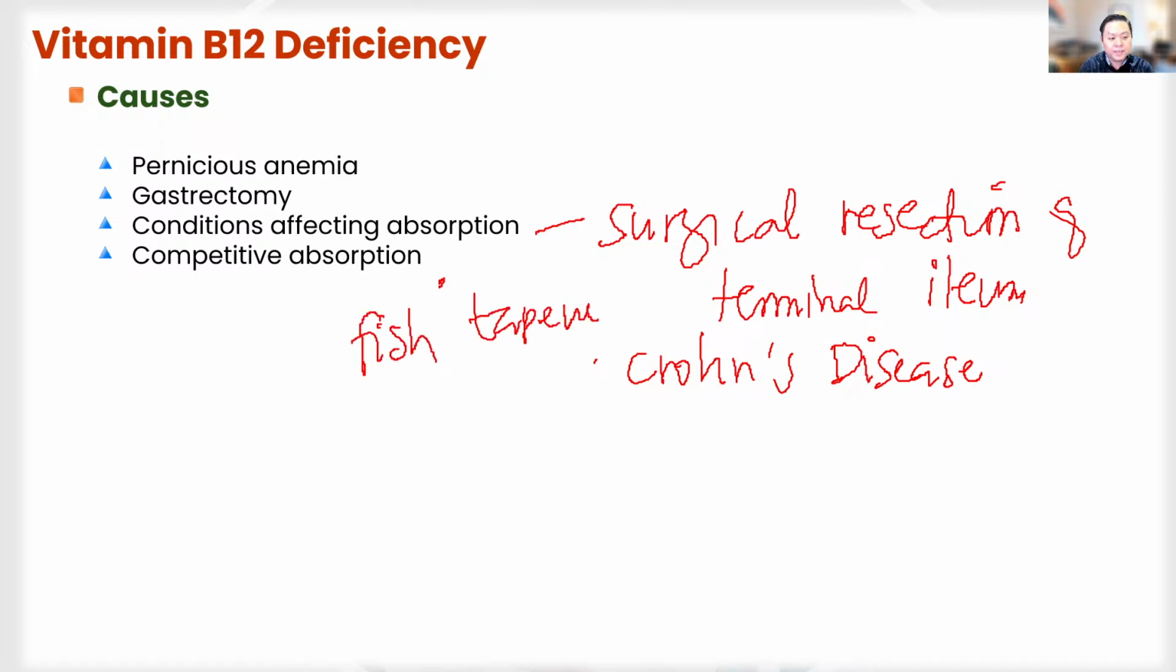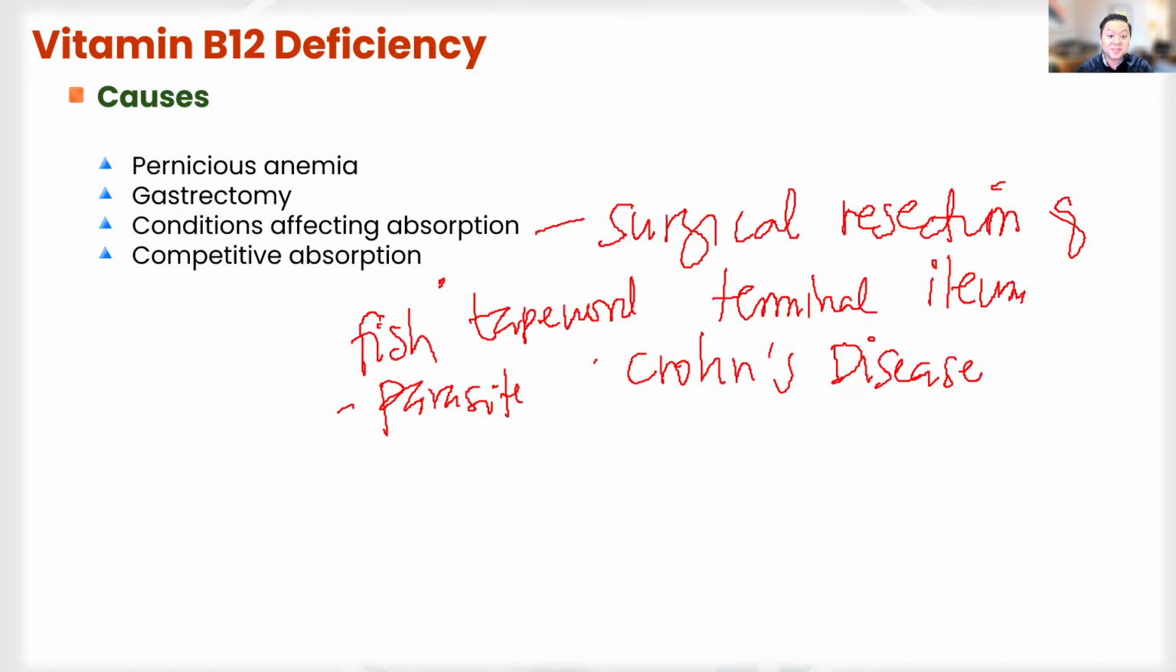Okay, so this can compete with the absorption of the vitamin B12. So this is an infestation of that parasite. Okay, this is what we call Diphyllobothrium latum. Okay, now another problem that can lead to vitamin B12 deficiency is that